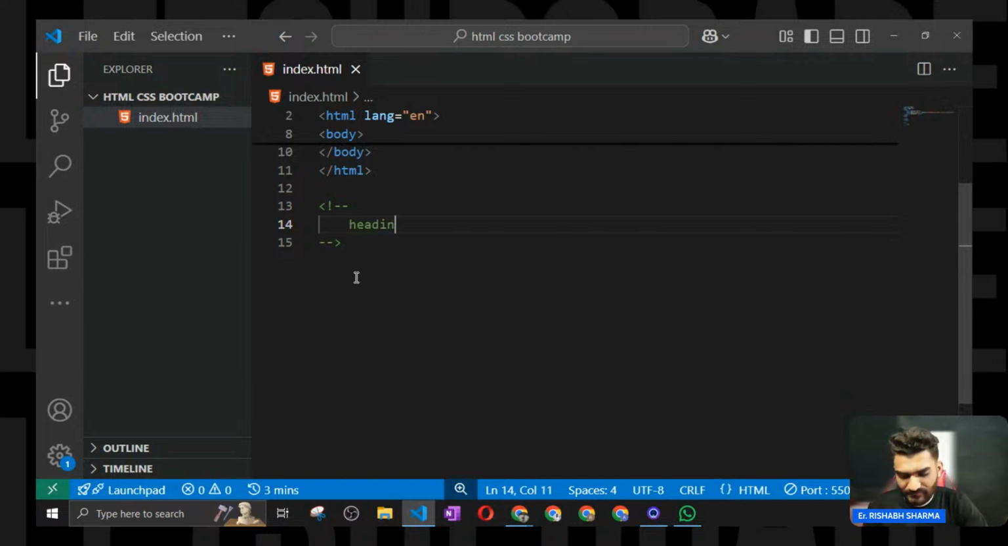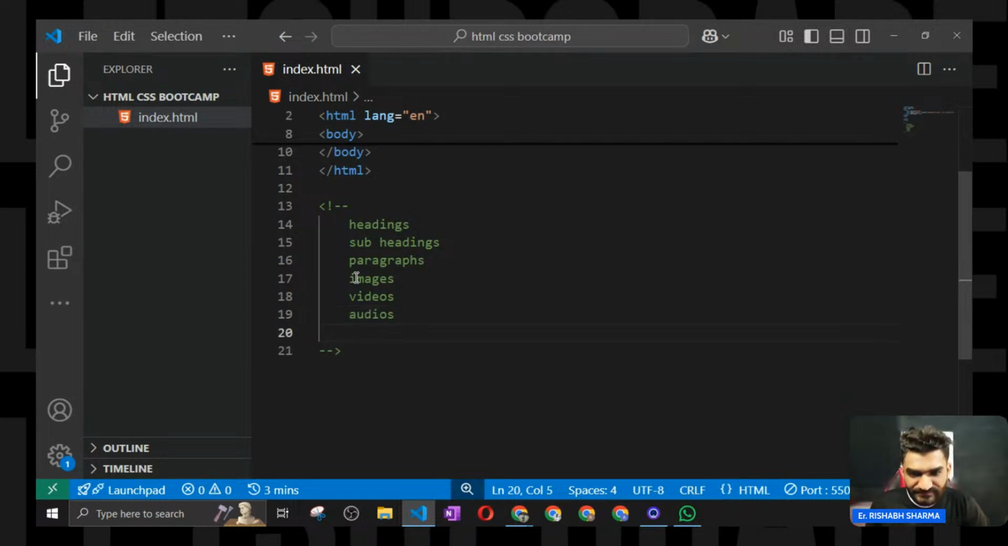Headings, right? We see headings, we see subheadings, we see paragraphs, images, videos, audios, or links, buttons, and